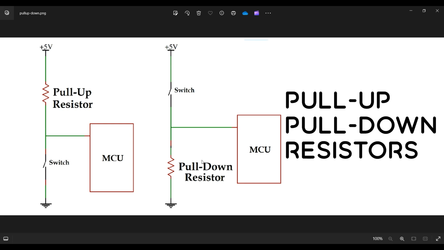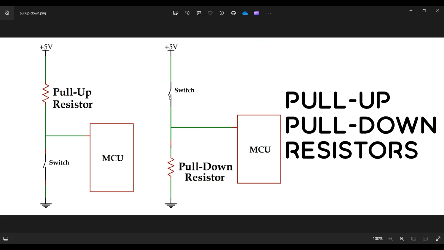Now let's go to the pull down resistor definition. This is pretty much close to the definition of the pull up resistor. This is our MCU, this is our input. We want to write a program so that whenever the input value is high, the MCU does something for us. But when we want it not to do anything, it must be connected to ground via a big resistor in the range of 10 kilo ohms, for example.